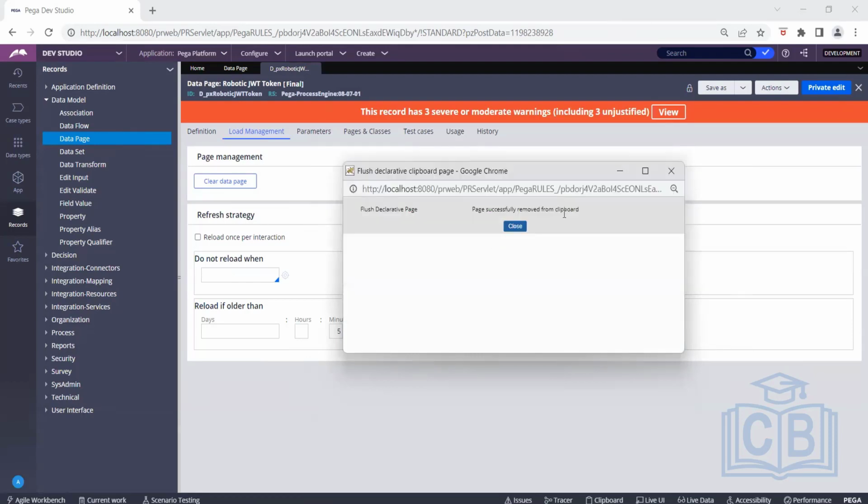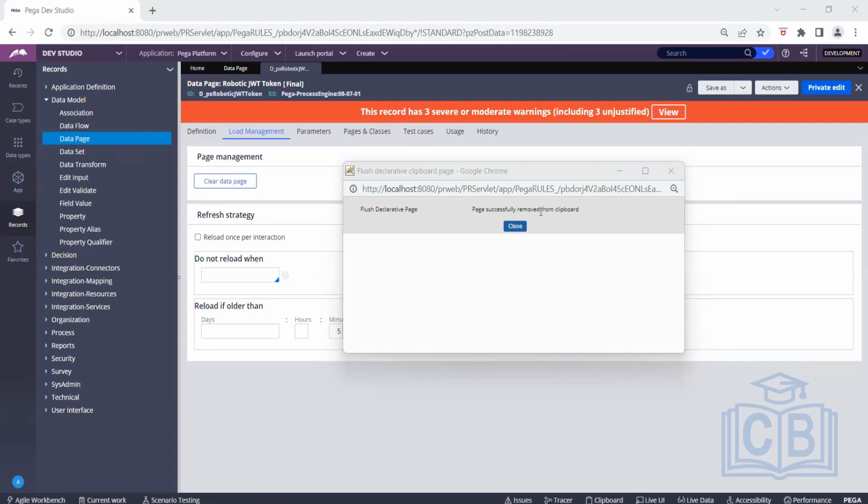So what happens whenever the user is trying to see the data on a data page, or if he's trying to do any manipulation, it will load the data freshly. Freshly means it will invoke the function and it will load the data freshly. Now all the users will get new data, fresh data. You understand what is the use of clear data page? Yes. Clear data page helps to remove the old data